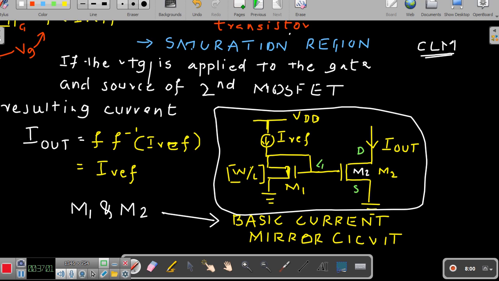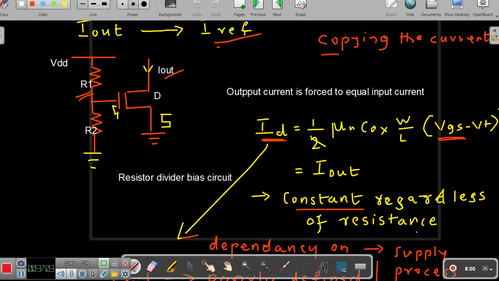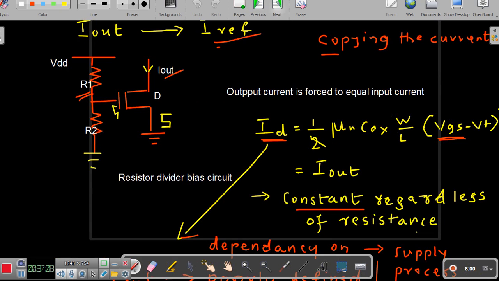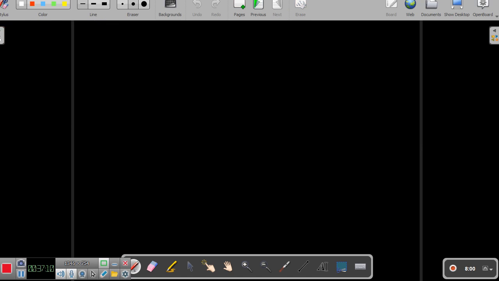So now by neglecting the channel length modulation,